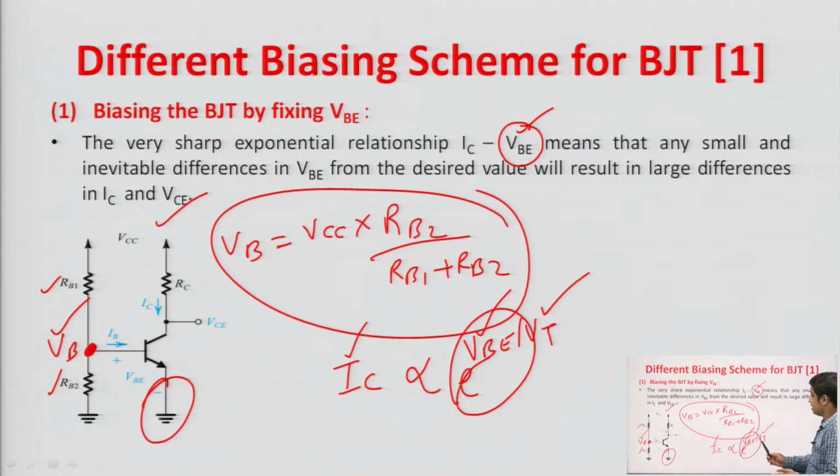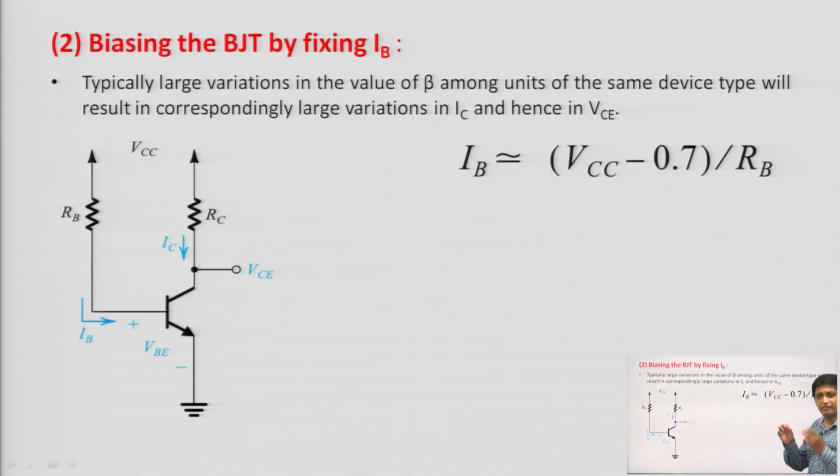So, this particular biasing technique is undesirable. The issue is that if temperature changes, then VB will change. If VB changes, since it is in exponential power, your collector current will change largely. So, it will shift the operating point. So, your operating point will be shifted from the middle of the active region, fine. So, obviously, it is not desirable. What we want is that the operating point should be fixed in the middle of the active region. It should not change. If it is shifting from the middle of the active region, then we will get distortion.